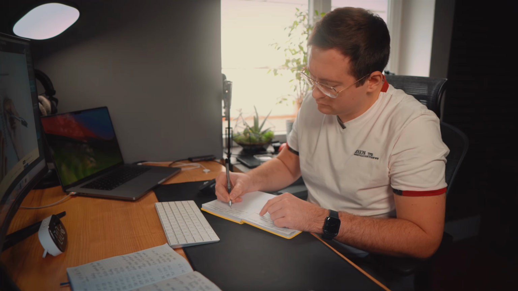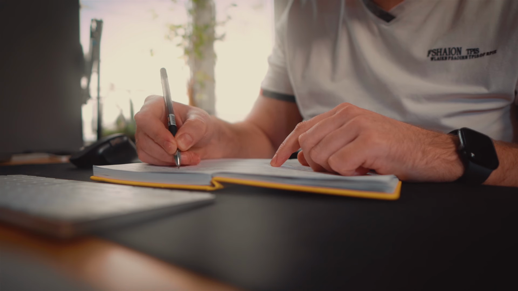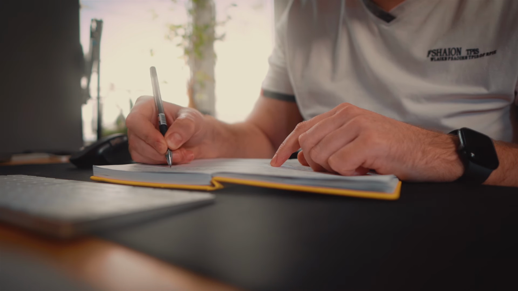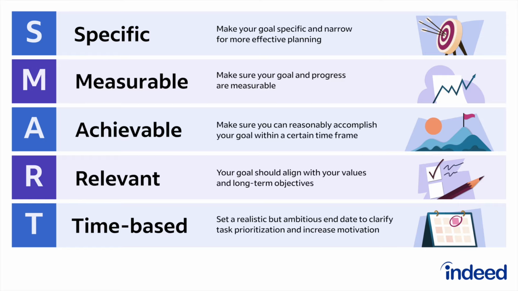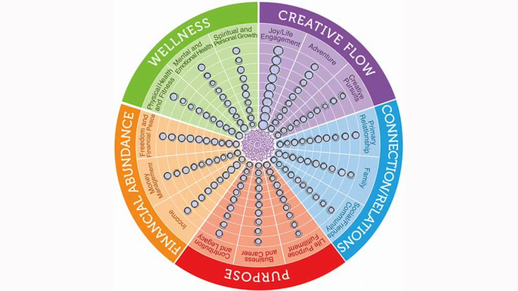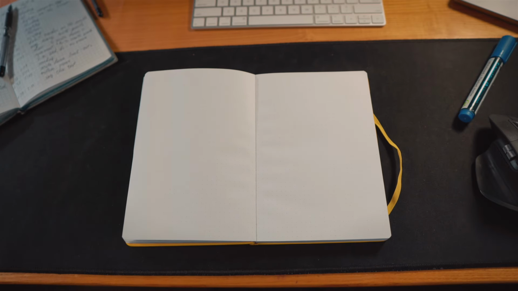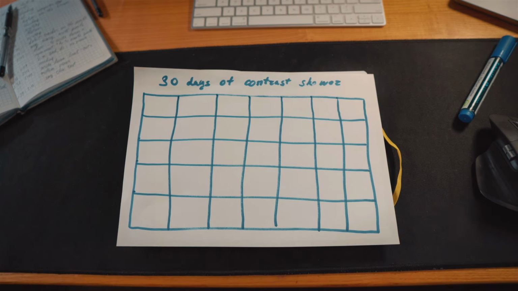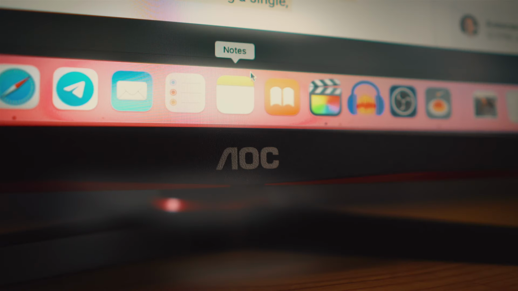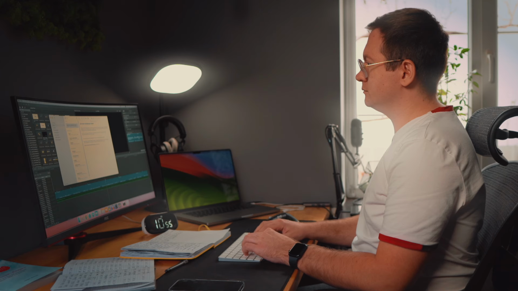Over the course of 10 years in personal development and design in my life, I have tried a multitude of different planning and time management methods. Visualization, mood boards, calendars, smart goals, the life balance wheel, and various diaries and applications. Currently, my planning toolkit is very simple. It consists of a diary or a notebook, just a sheet of paper for habit tracking, and a standard notes app on my computer, where I jot down all my thoughts and reflections.